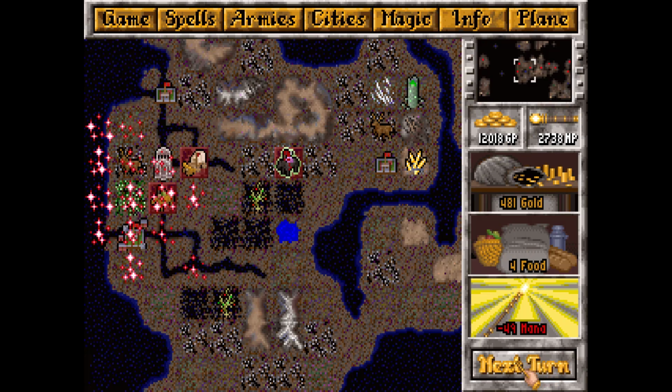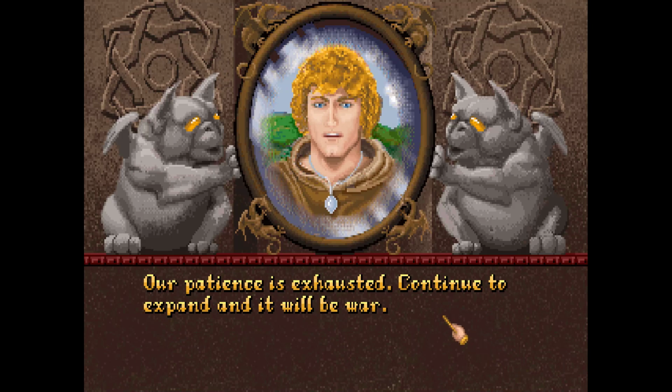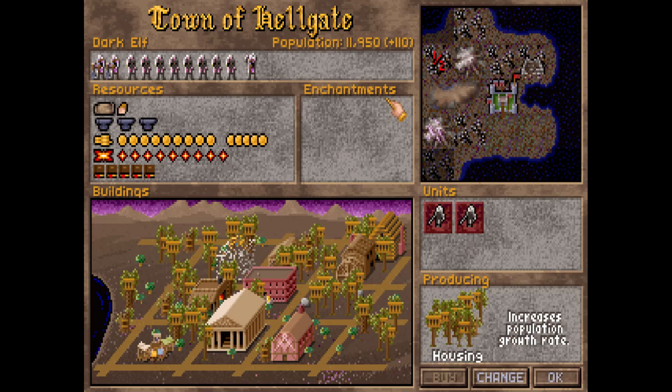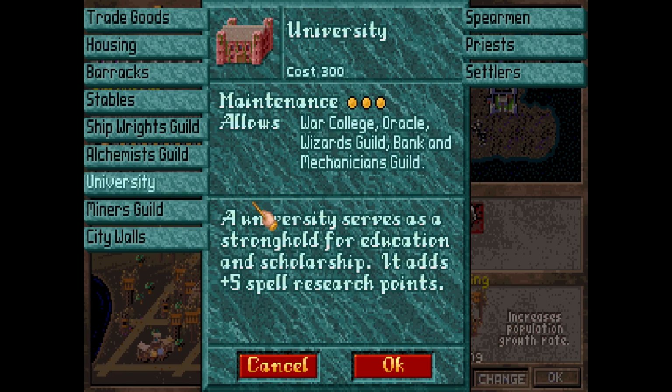We're 33 turns on Spell of Mastery. Continue to expand and it will be war. No, he might declare war on me at some point. I mean, he's going to declare war on me in 30 turns anyway, so...